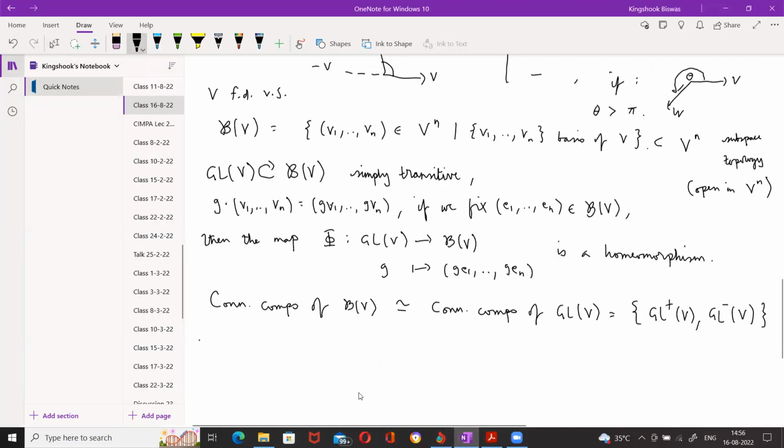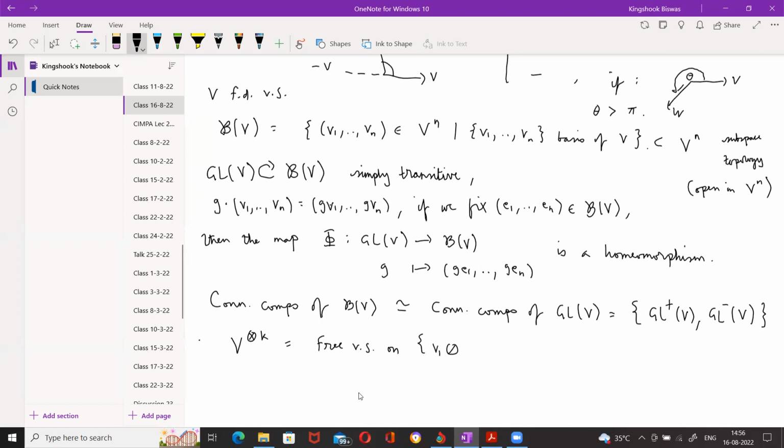So normally, you see V tensor power k. This is the abstract definition of tensor, this is some quotient. Well, basically you take the free vector space on the symbols